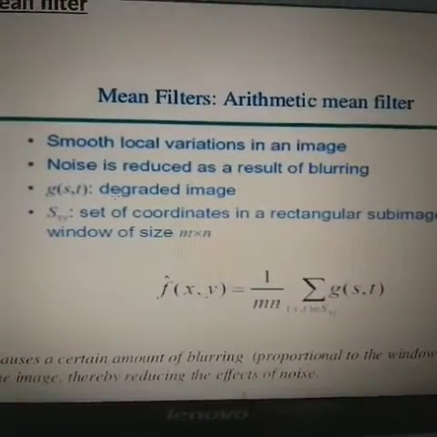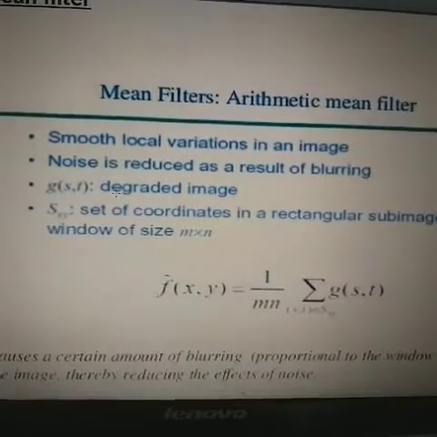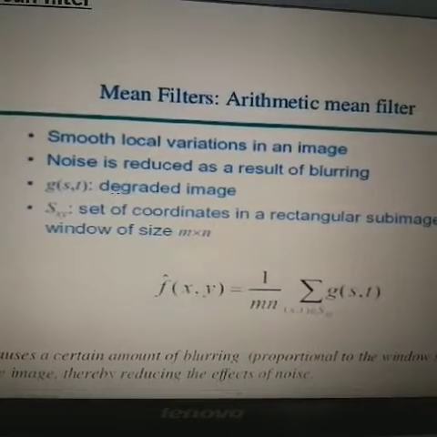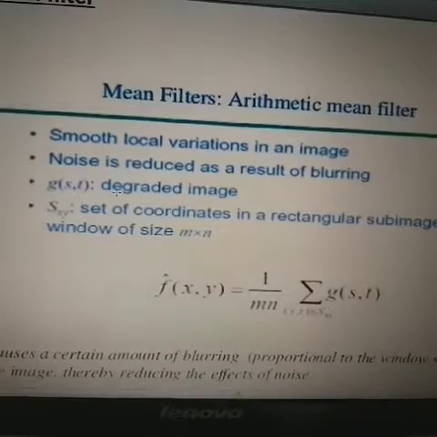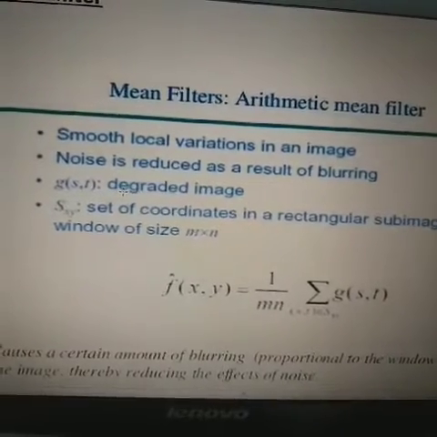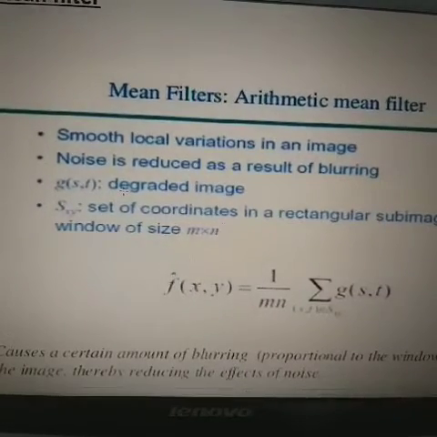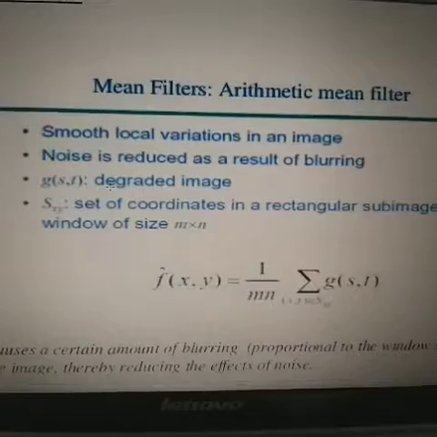The mean filters are the noise reduction spatial filters that are introduced to develop several other filters. Their performance is in many cases superior. So there are various filters which are to be used further. In case of mean filter, the very first is the arithmetic mean filter.